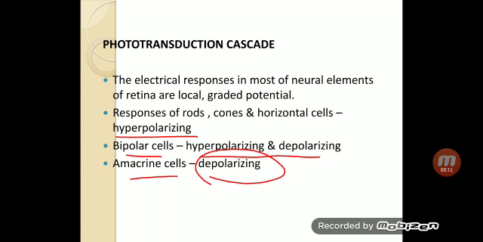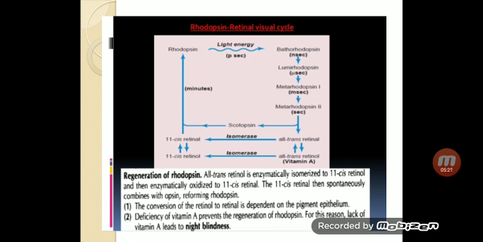This photochemical change in the visual receptor cells is called Wald's visual cycle. So the photochemical changes in the rhodopsin, that is the rods, is known as Wald's visual cycle. When retina is examined in dark, the rods appear red because of rhodopsin. During light exposure, it is bleached and color becomes yellow. So the following changes take place due to the absorption of light by the rhodopsin.